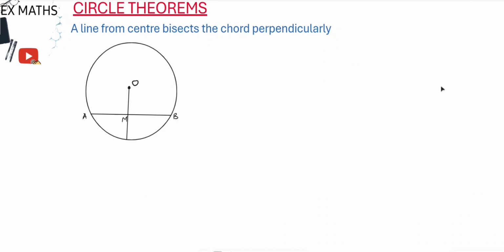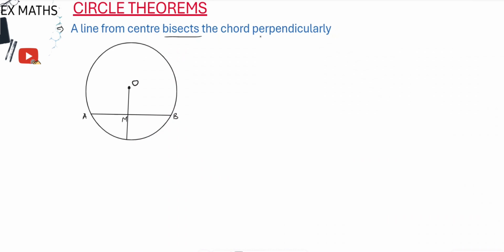In this video we are doing circle theorems, and our main focus is on the theorem which states that a line from center bisects the chord perpendicularly. So in this case we have the word bisects. We need to know what is to bisect. To bisect is to cut equally. You can bisect a line. So when you are bisecting a line, it means you are cutting it into two equal parts. If you are bisecting an angle, meaning we are dividing it, or we are cutting it into two equal angles,